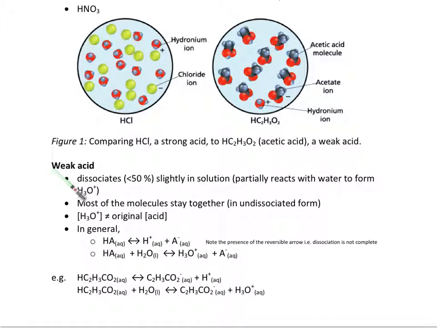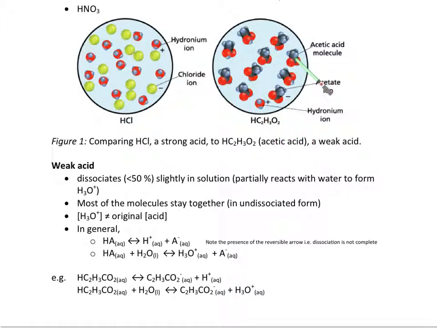Now, when we talk about an acid being weak, I'm not talking about its pH. Rather, I'm talking about the degree of dissociation, or the amount of dissociation. What you see is that a weak acid only partially dissociates, so less than 50%, and quite often it's much, much less than 50%. What that means is that you still have some of the molecules in their undissociated form, that they stay together. If we look at acetic acid as an example of a weak acid, we see in this picture